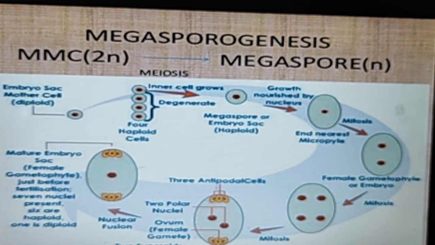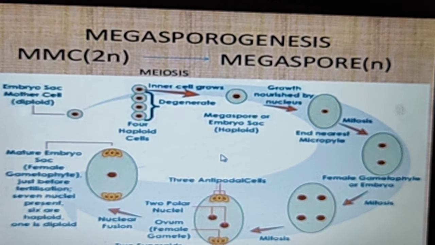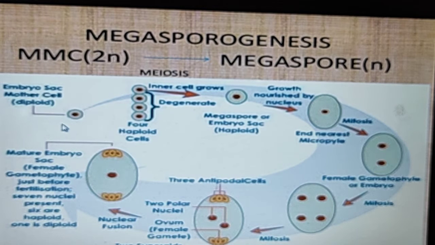This we have done earlier. Now we are just revising it. ठीक है, it's a very simple diagram, so you can make this diagram in your copy also. If anyone asks you to write the process of megasporogenesis, explain it in your own words and then draw this diagram with it. Okay, it's a very good diagram. It's not given even in your NCERT.